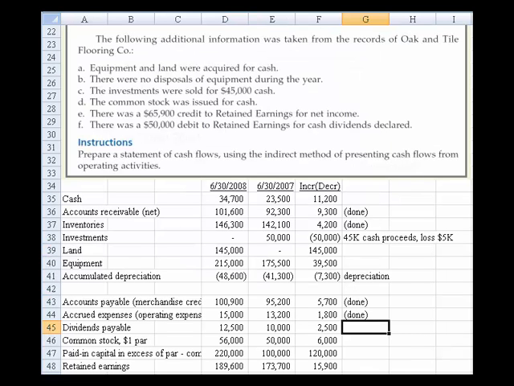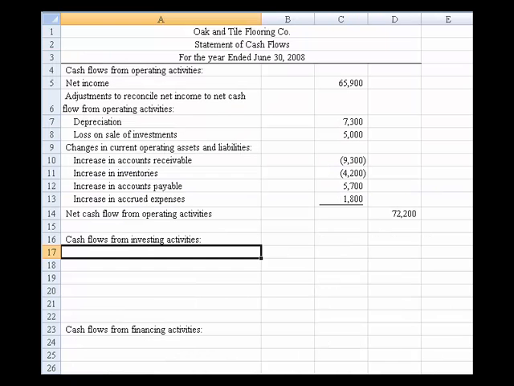All right, well, what did we do with investing activities? We know we had an increase in land, and we had a sale of investments. Why don't we tackle that 45 first? We knew there was 45,000 proceeds. We're always concerned with the net amount, so we jot the net amount down. So we had